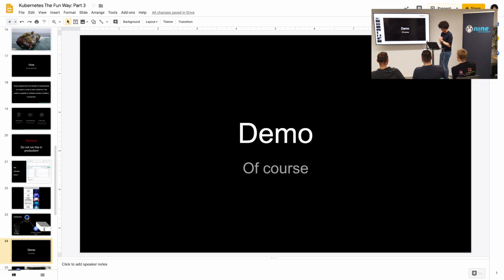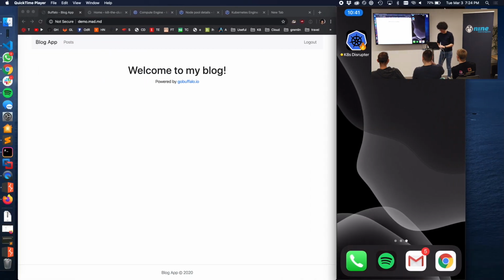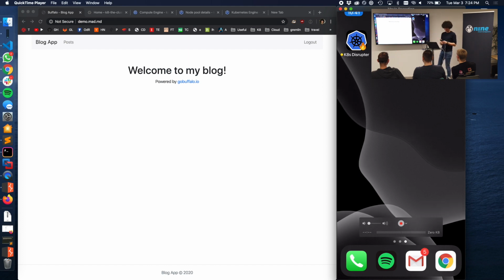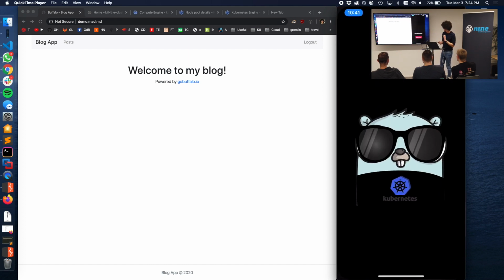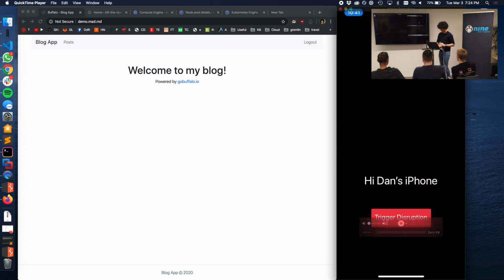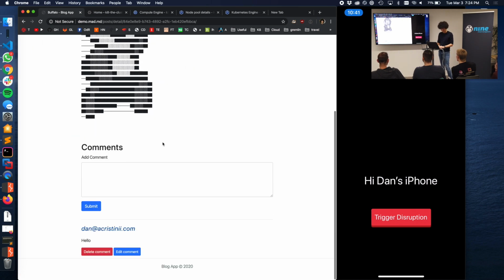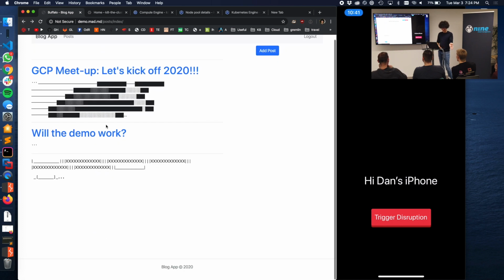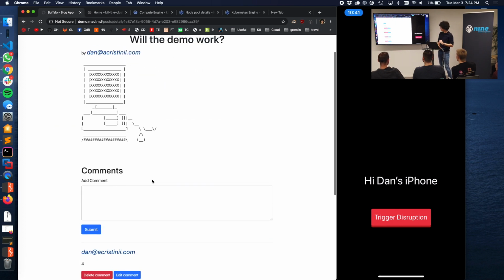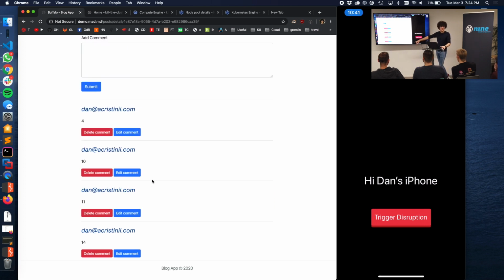So, allow me to demonstrate, because honestly, I had so much fun building this. This is not a simulation, this is actually my phone. If you want, you can access the website. It's on demo.mat.md. It works for now. Let's just do a refresh to double check. OK, I still have internet. Amazing. We go to posts. We have some really cool ASCII. And will the demo work? This doesn't look like much, but these weird numbers are actually a custom load generator that I just wrote. So we have that. Amazing.